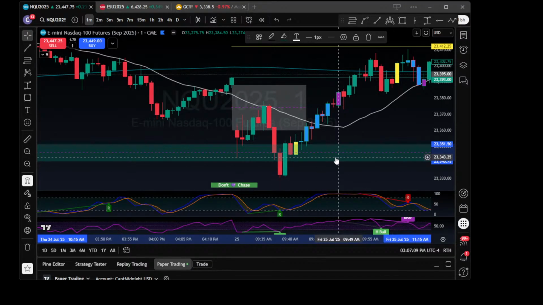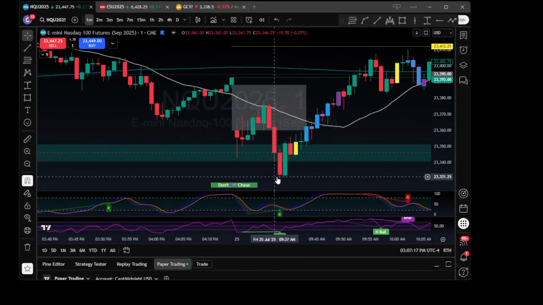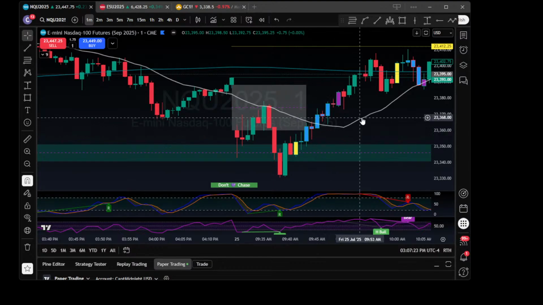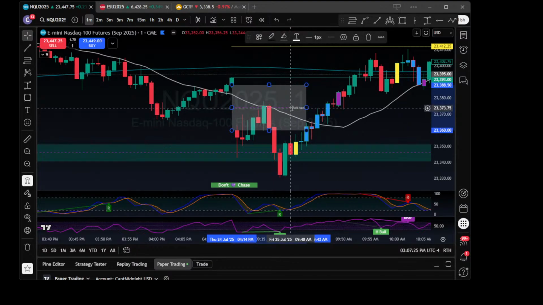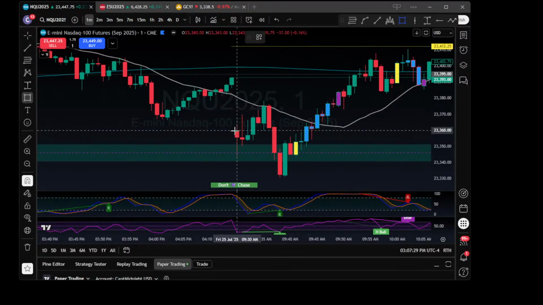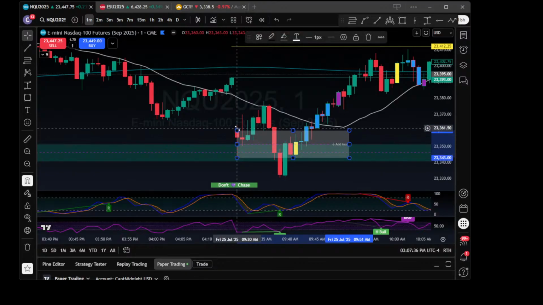But there's no trade off the first presented fair value gap because it already hit. So now you're looking for this to take out liquidity, inverse this, get in on the inverse, which would be here. This is a unicorn. This is 100% a unicorn. You got an order block here. Depends on how you want to do it. Some people do the whole thing.